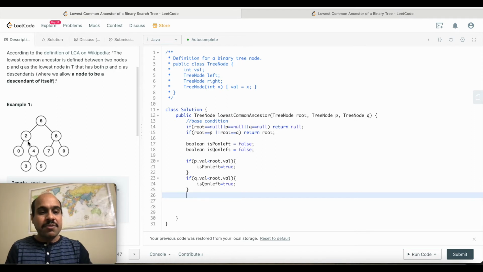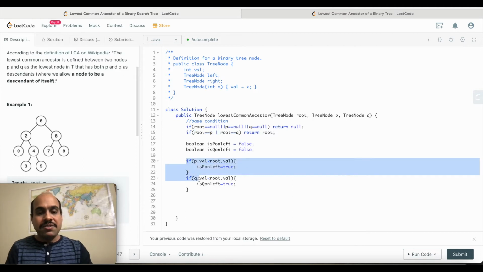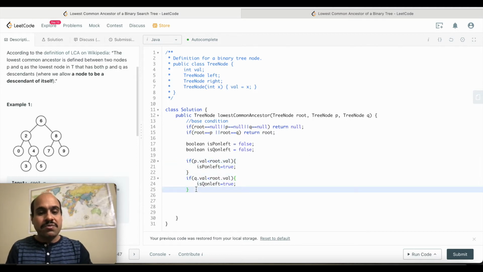Again here 4 and 5 are both on the right side, so I can simply go to the right side and check from here. Now 4 is the current node, so this condition will be satisfied, and we can simply return p. P is 4, so we return 4 over here. So that's the need for these two variables, to find out where the two nodes p and q are with respect to the current node.